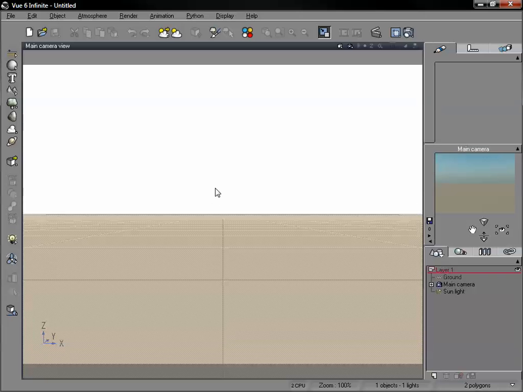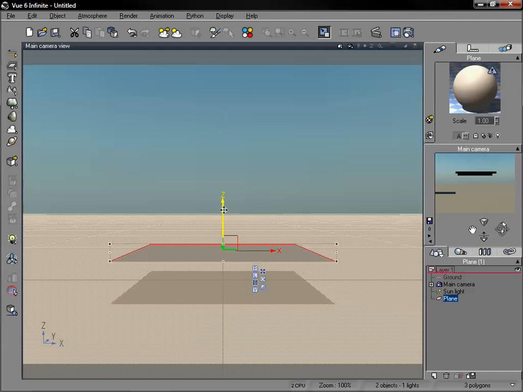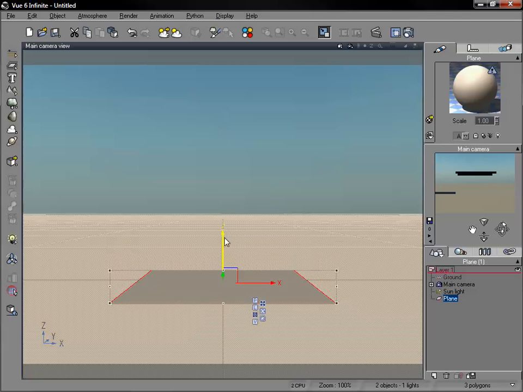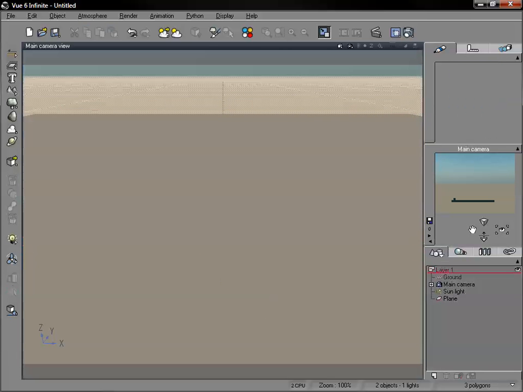Now we're going to take a look at some of our variable density settings and some of our other settings that are related to that. I'm going to start out just by adding a standard plane, just because it really is the best way to demonstrate some of these settings. I'm just going to increase the size of this, reposition our camera,